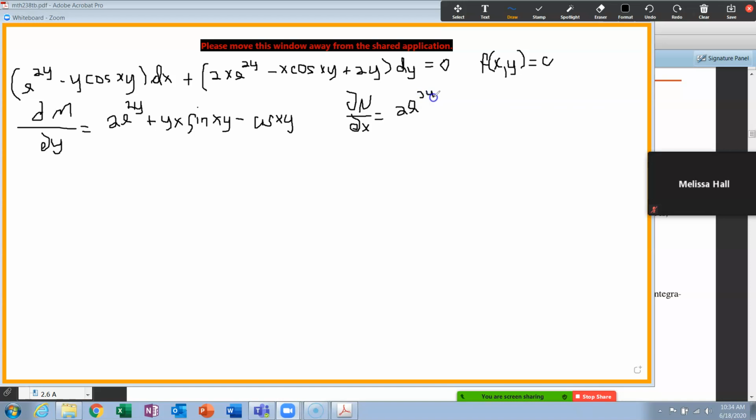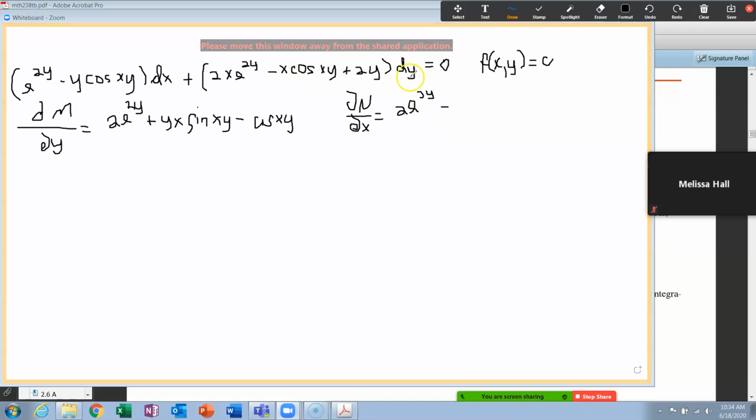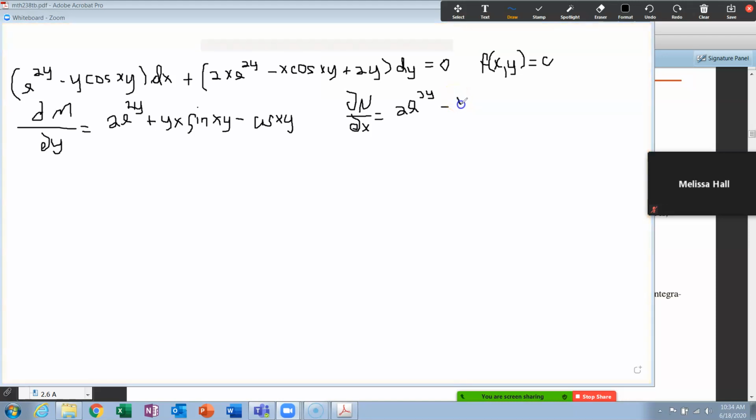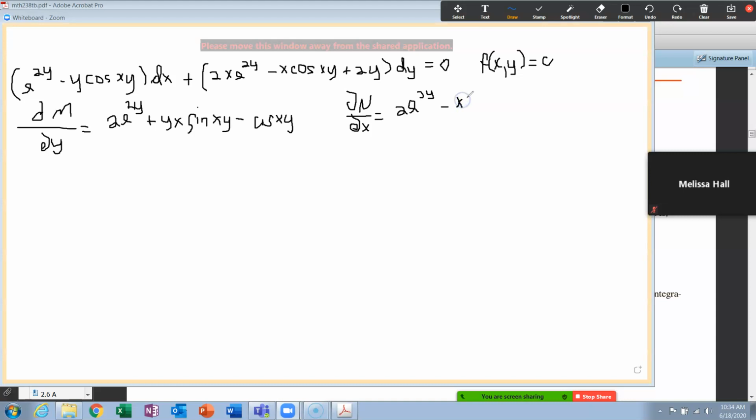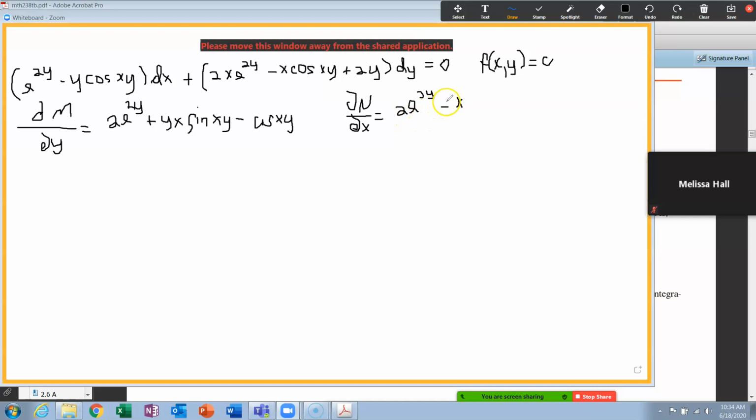That's the partial of that first term with respect to x alone. Now the second term is a product rule, okay? So I'm going to put down the minus here, and the first is the x, because we're taking with respect to x, and then we're going to have derivative of a cosine, which again is a minus sign, so that makes that minus become a plus, sine of xy,